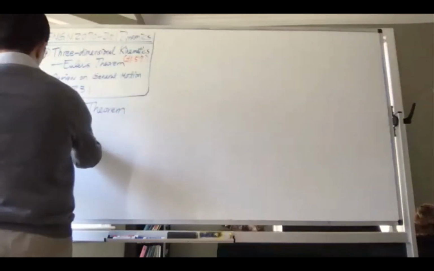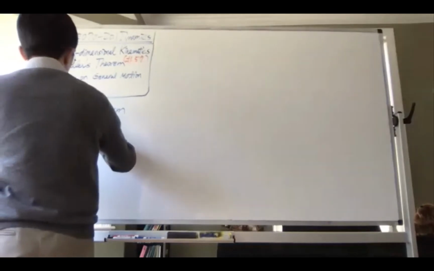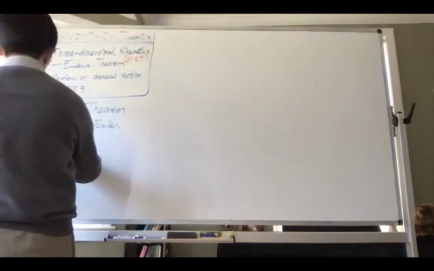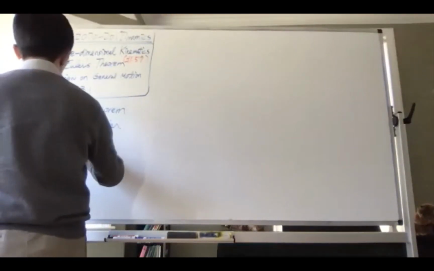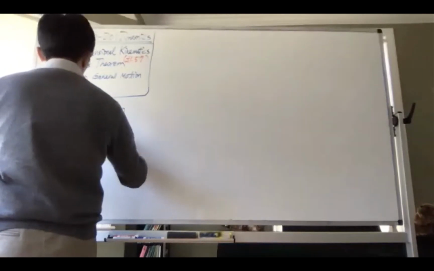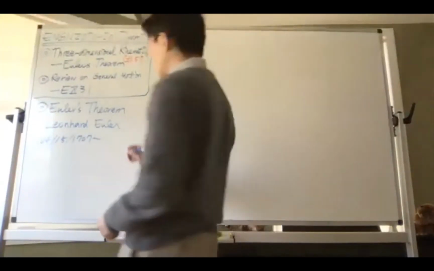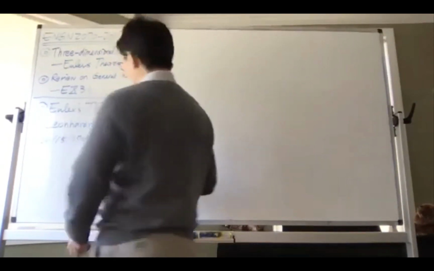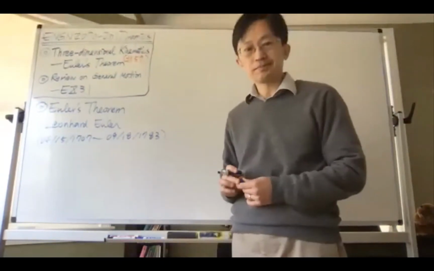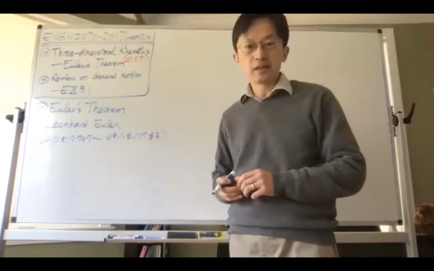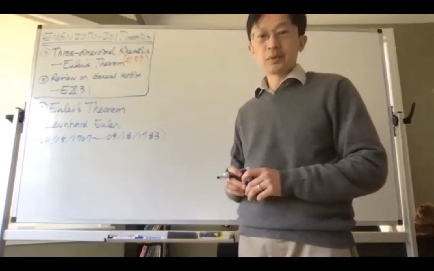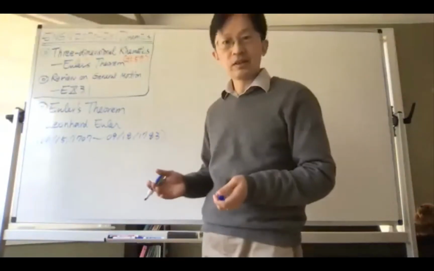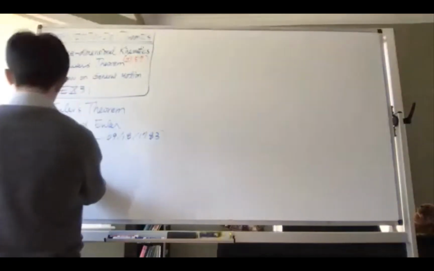So who is Euler? Euler is Leonhard Euler, born in April. We just passed his birthday. April 15, 1707. He passed away on September 18, 1783. He was a Swiss mathematician, but he spent most of his career in Russia, in St. Petersburg. So Leonhard Euler has something to do with civil engineering,